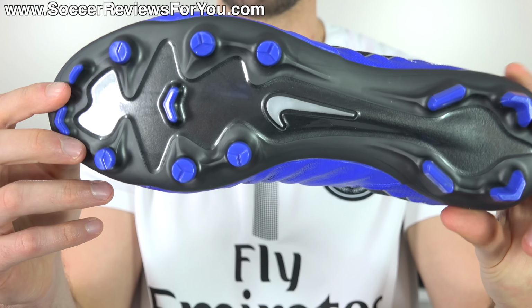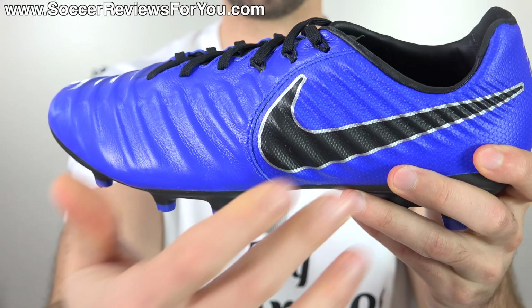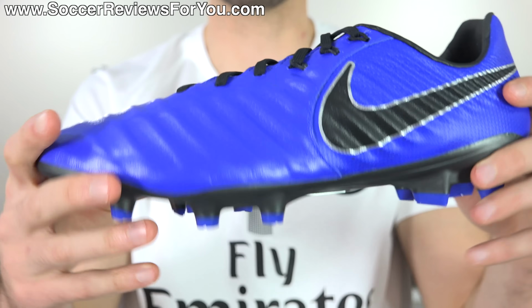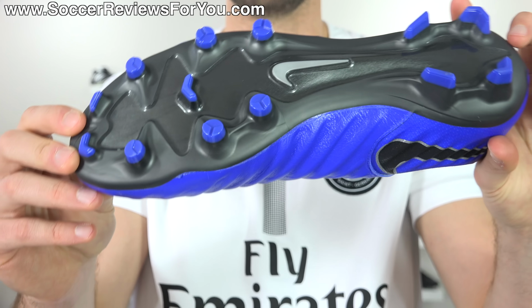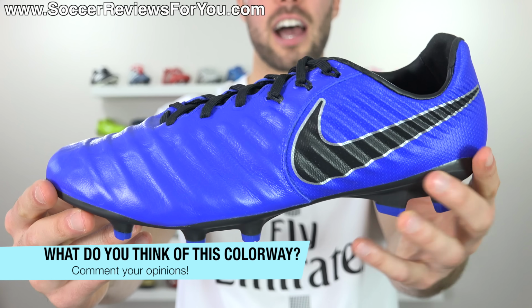It also doesn't have a black sole plate. It's almost like a really dark gray, which doesn't really match all the black accents in the swoosh as well as the laces and tongue that you have on the top. Not a big deal, not something you're really ever gonna notice, especially once you start playing in them, but it's a little thing that, again, in person, I just think that these look kind of cheap,